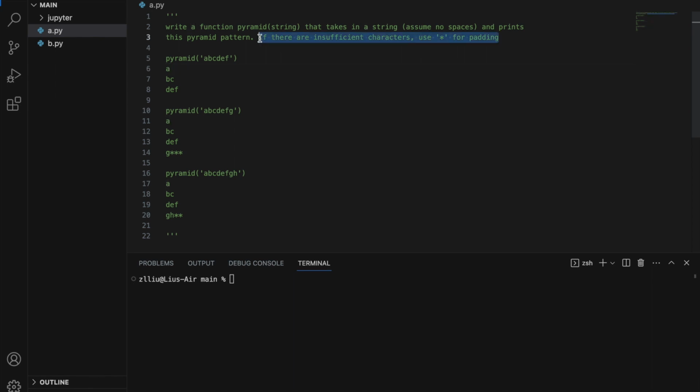Also, if there are insufficient characters, we can use the star character for padding. So for example, here we have a, b, c, d, e, f, g. And if we print the pattern, we have a on the first line, b, c on the second line, d, e, f on the third line, and g on the fourth line. So for the line that g is on, we are missing 3 characters, and therefore we use the star character